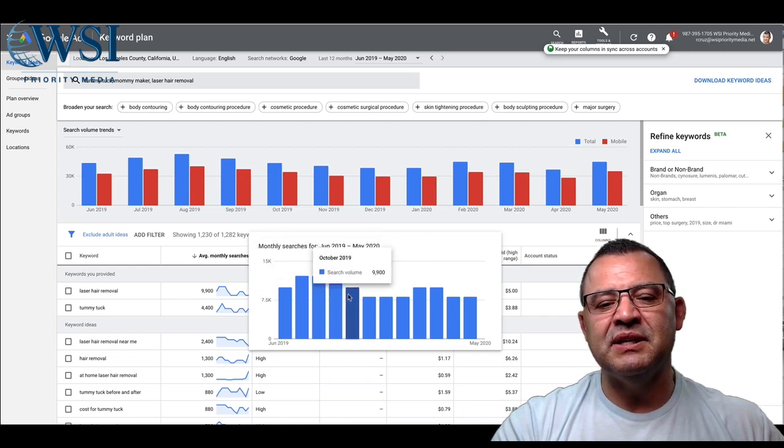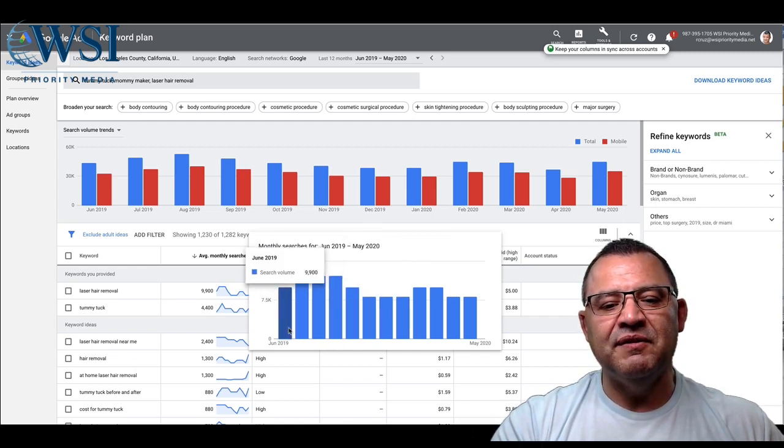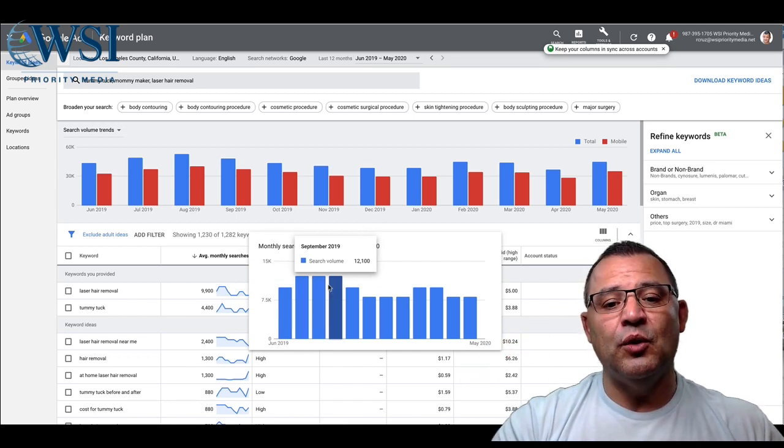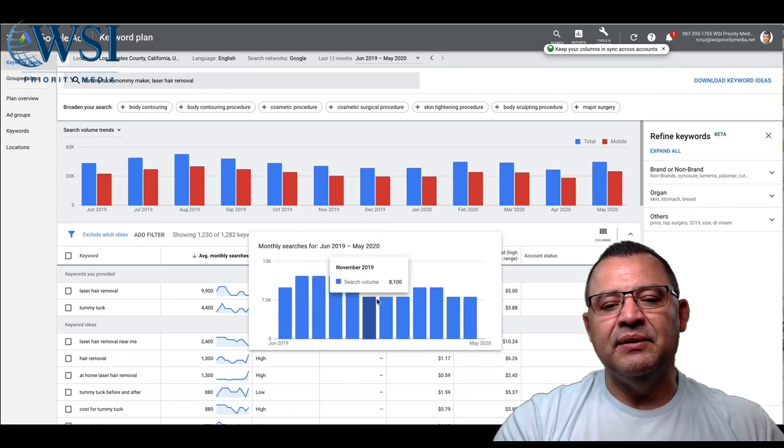That's pretty awesome. If right now, for example, we are in the pre-summer month, and we know that is a very, very high demand, this is a great time to use Google Ads to go after that business. It will die down a little bit more through December. And then after the new year, there seems to be a spike right around here, and then it goes low, and then it starts to pick up again.